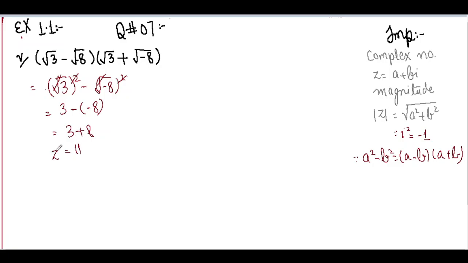11. This is z, the complex number z, which again I've forgotten to write. Let z equal this. Okay, now we have to find its magnitude. Magnitude equals under root a square plus b square. Here a is the real part and b is the imaginary part. Real part is 11 and imaginary part is 0 because it's non-existent. So under root of 11 square plus 0 square is 0 already. So square and square root cancel, and the answer is 11.